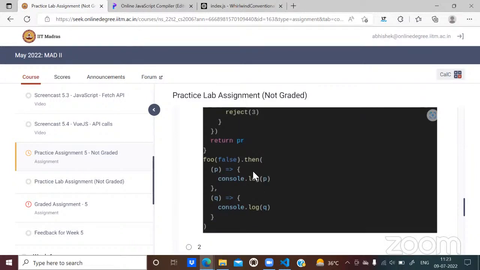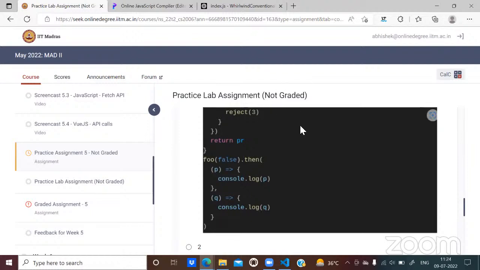But remember, we can have multiple thens, but only one catch. No. You can have multiple catches as well. Okay, if we have multiple thens and multiple catches, which catch gets invoked? The first one in the hierarchy, the closest one. Let's say catch handles the error or the rejection. After that, catch returns something that is caught by the next then in the chain. Now if that then results in an error, that's where the next catch in the chain will come into play.